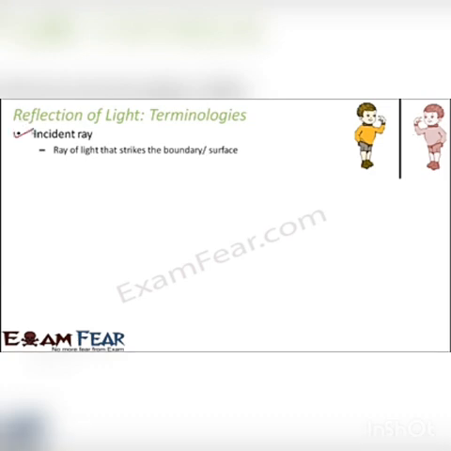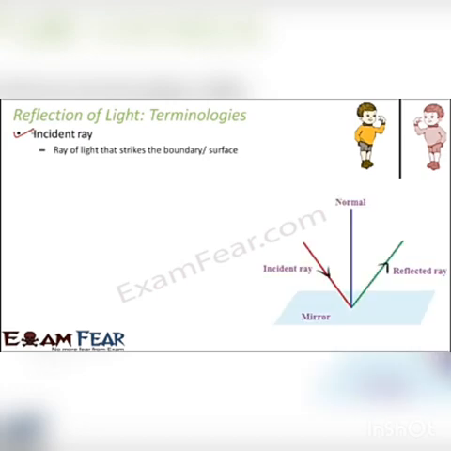What do we mean by incident ray? Ray, we already know, is nothing but a ray of light. Incident means the ray of light which strikes the boundary or the surface. It is not always necessary that it is coming from the source of light. It can either come from the source of light, that is a luminous object, or it can also come from some other object which is acting as a source of light. Correct? So from wherever the ray of light is coming and falling on the surface,